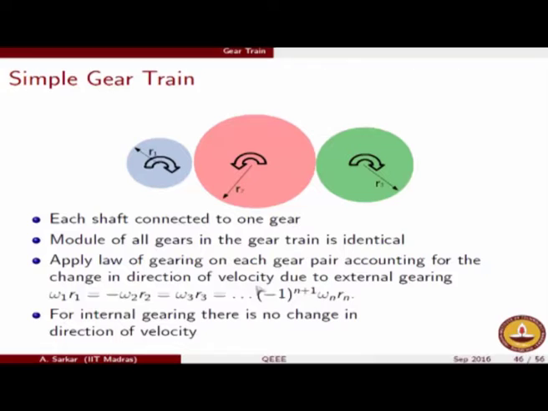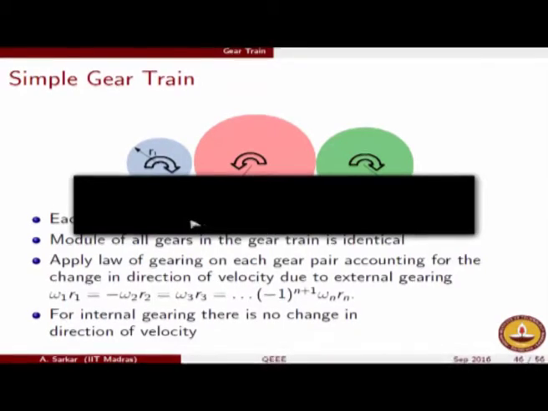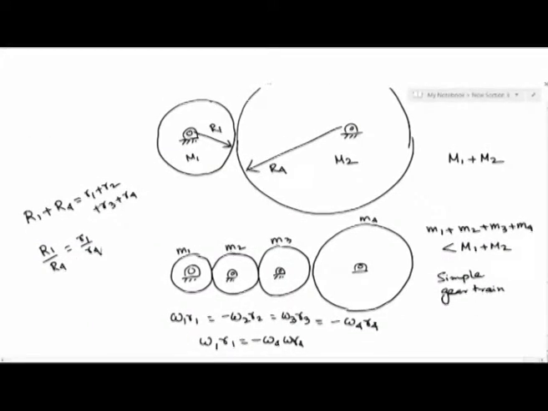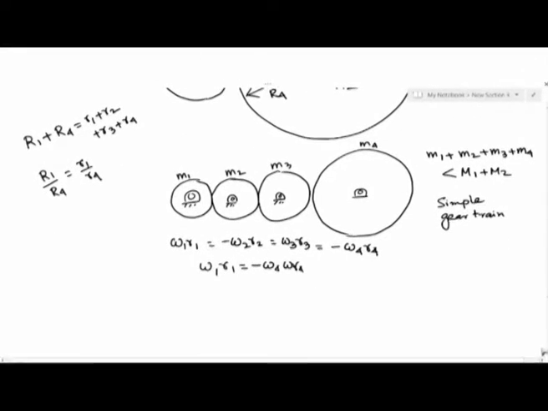Just like we have seen external gearing, we were predominantly concerned about external gearing, but you can understand that identically you could think about internal gearing, though we did not talk about it, but it is just the same idea. So if you have one gear and if you have a smaller gear rolling on the inside of it, then you have an internal gearing arrangement. So here again, if you include the no slip condition and everything else, then you will get to see that omega 1 R1 should be equal to omega 2 R2, right.